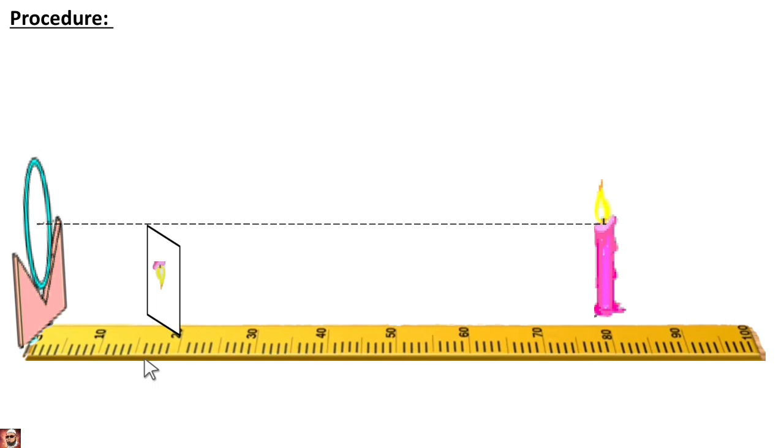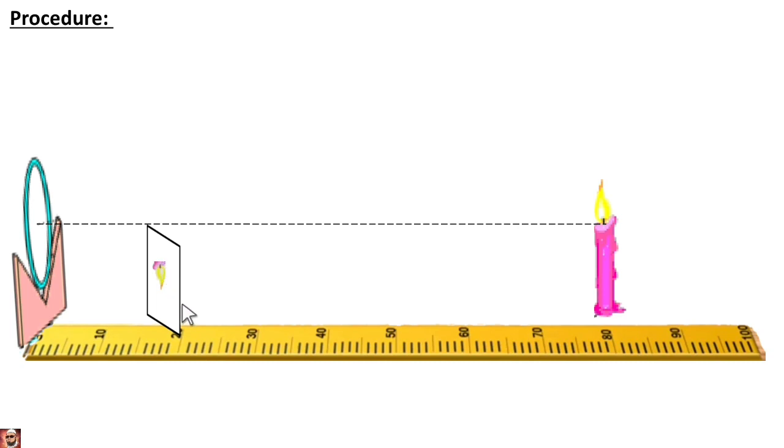Here in the nature we have to observe whether the image is bigger or smaller in size, or we can say enlarged or diminished, inverted or erect, real or virtual. If the size of this image is greater than the size of this object flame, then we can say this is an enlarged image. If the image is less than the object, then we can say it is a diminished image. When you compare these two, this flame and this flame, that is the object flame and the image flame, the image flame is smaller in size. So that's why here we can say the image is diminished in size.